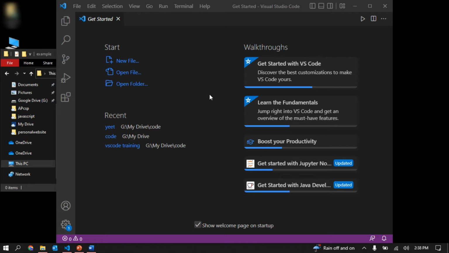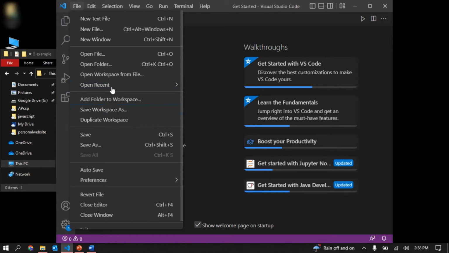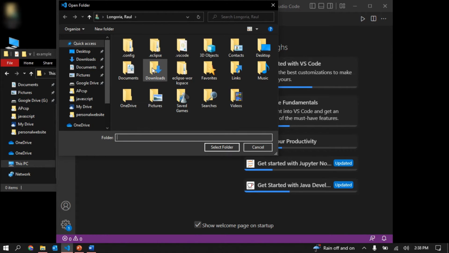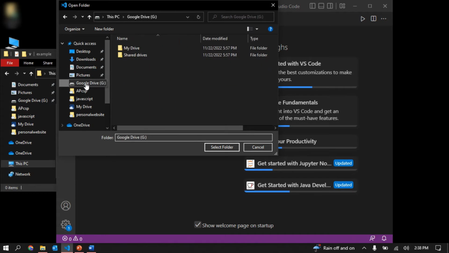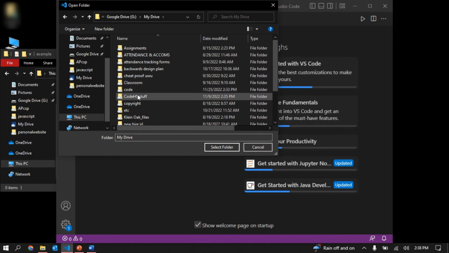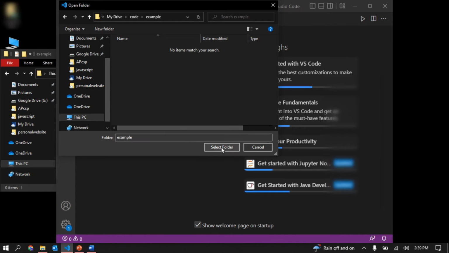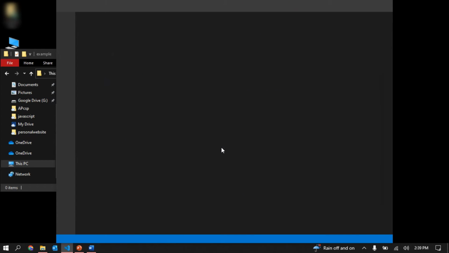To start us up, let's go ahead and open up that folder we just made. Alright, now for you, you may have some button over here on the left that says Open Folder. But over here, I have Open Folder right here. But you can also go ahead and do File, Open Folder. I'm going to go ahead and click it over here. And we're going to go ahead and click Google Drive, My Drive, Code, and there's Example, which is what we made earlier. So I'm going to go ahead and select the folder,